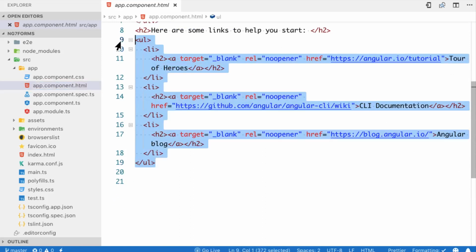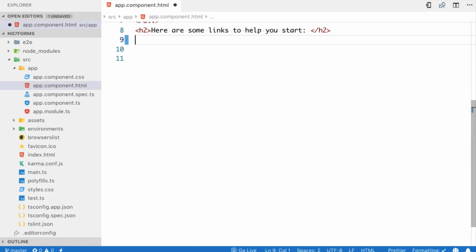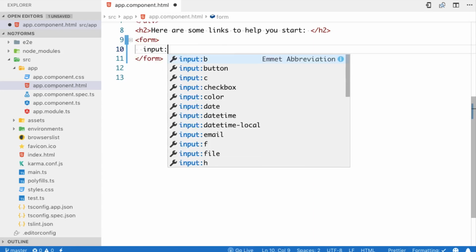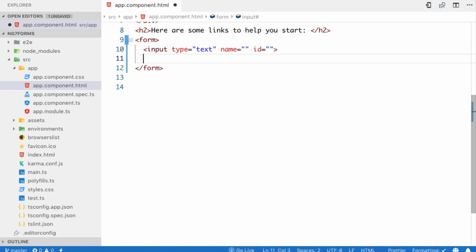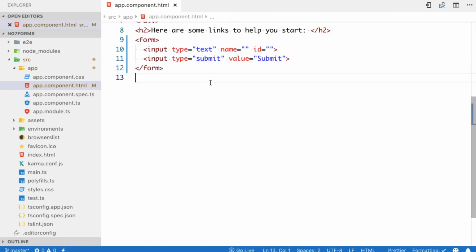So here I will create a simple form without any styling. This form will have a form tag, and we don't need any action. After that, it will only have one input text field and one input submit field. For the submit field, we'll have the submit value, and that's it. This is our HTML form. To make it work with Angular template-driven forms, we need to import a module inside